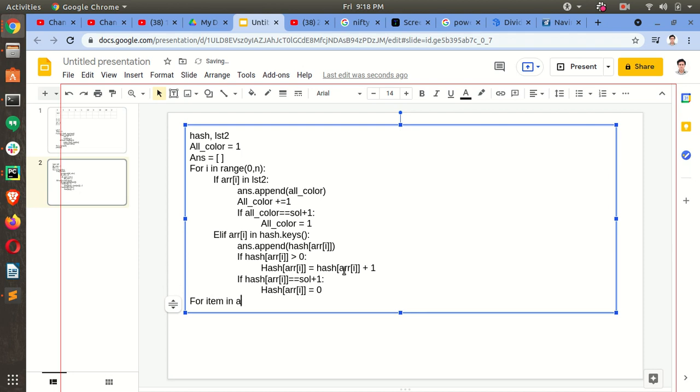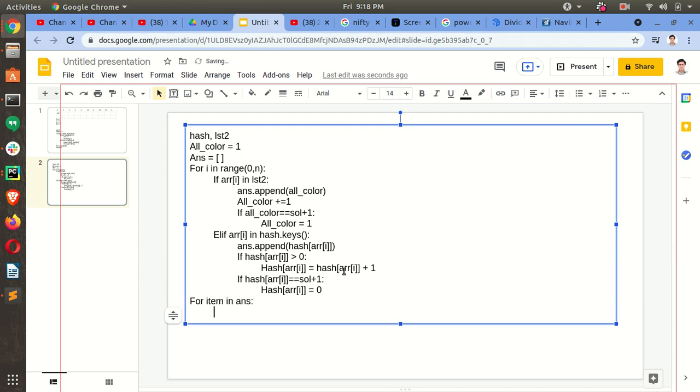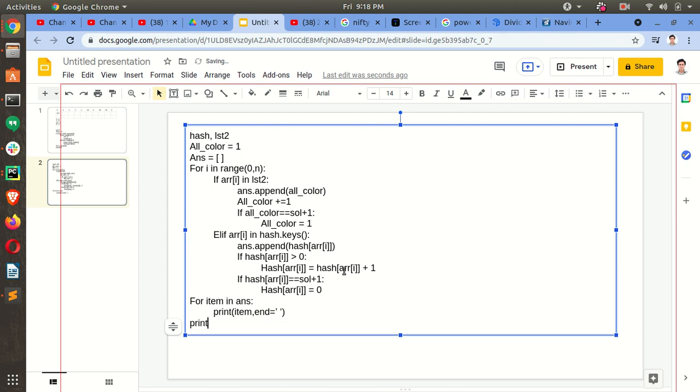For loop, item in ans, each item will print item comma end is equal to spaces, this way, and this is for separation. This will print all the answers in one line, okay, with spaces. And yeah,